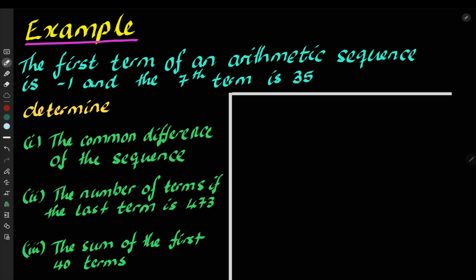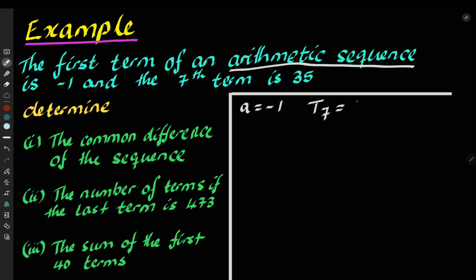Now, in this example, we are told that the first term of the arithmetic sequence is -1. It is always good to underline that so you know you're dealing with an arithmetic sequence. So a is equal to -1. And we are also told that the seventh term, so remember T